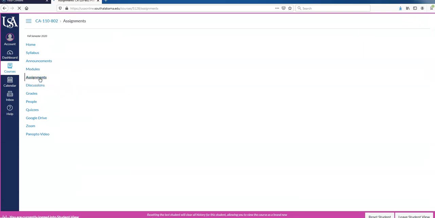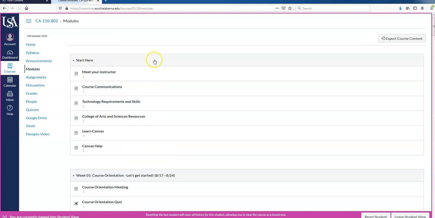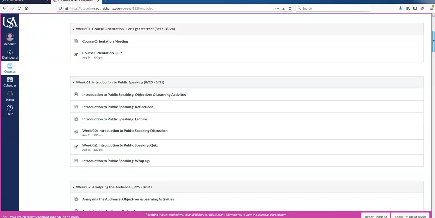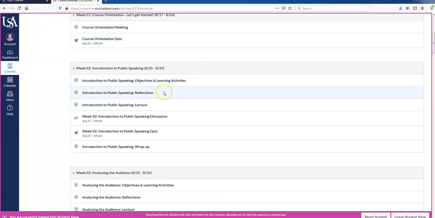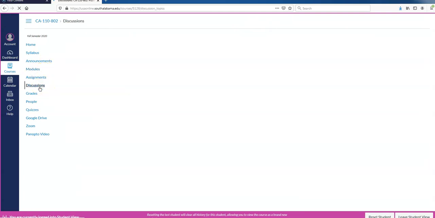Again, another way to access your assignments is just to click on assignments, but that's just your graded materials. I always suggest though going through the modules area and working through the weeks like that because you don't want to miss anything. And you run the chance of missing something if you're just submitting to the assignment area instead of submitting in the module area. Okay. Now you can access the discussions this way too,